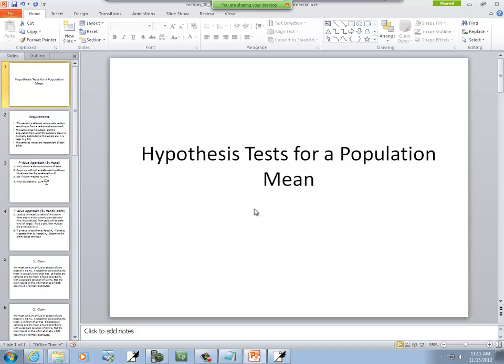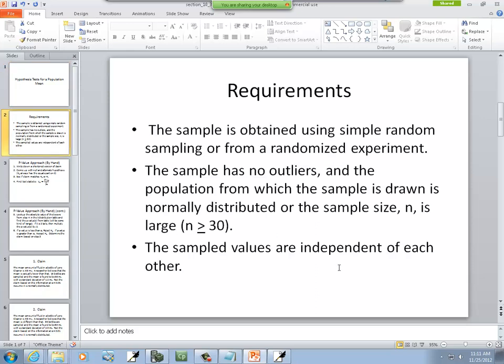Let's take a look at hypothesis test for a population mean using the p-value approach by hand. Now, requirements: the sample is obtained using simple random sampling or from a randomized experiment. The sample has no outliers, and the population from which the sample is drawn is normally distributed, or the sample size n is large, n is greater than or equal to 30, and the sample values are independent of each